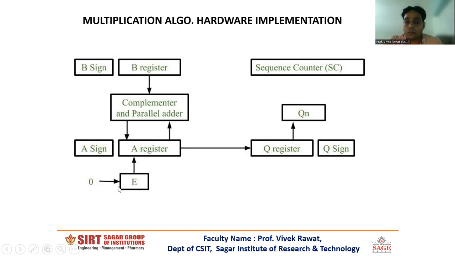Why do we need to take memory for the extended flip-flop? Extended flip-flop means when we multiply two numbers, we have some carry digits. Suppose I multiply two numbers, suppose 12 and 10. When I multiply these numbers, I have some carry digits. These carry digits will be saved in the E flip-flop, that is called the extended flip-flop. And